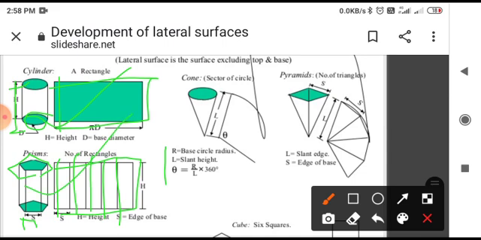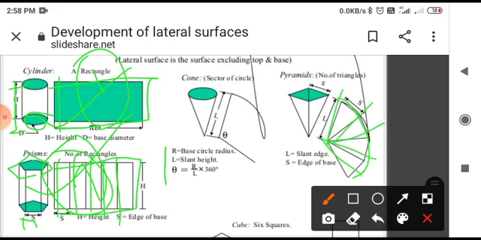In the first two lectures we have seen this 1 and 2. In the third lecture we have covered this. Let's see that again. If L is the slant height, that is the oblique height, you can see in the prism or this cone what the slant height is. This one is the slant height. If you develop this prism, you will get this shape.